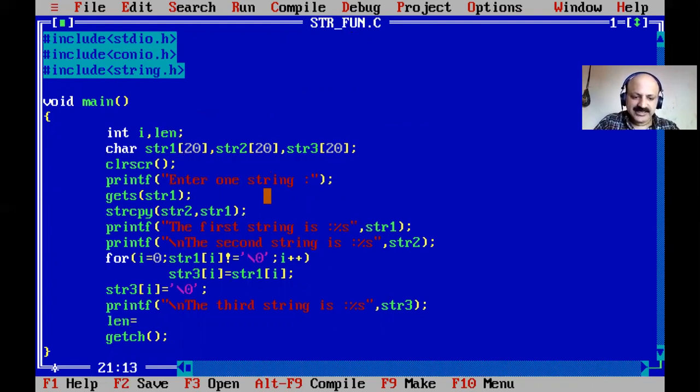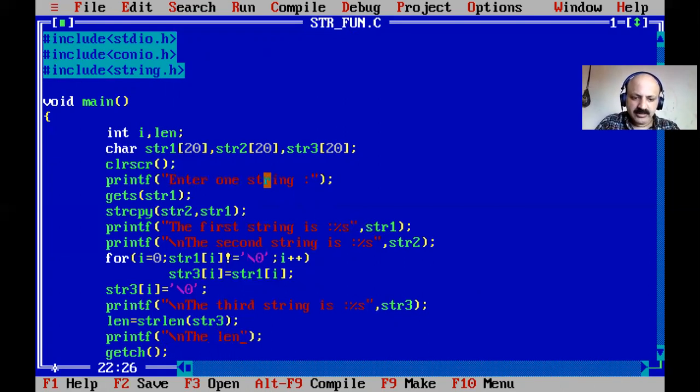So here the strlen function is there, string length, and we can pass our third string copy, and now we print the length. In our own logic also, length we have to take in the same for loop, just an integer value and take plus plus, that is all.